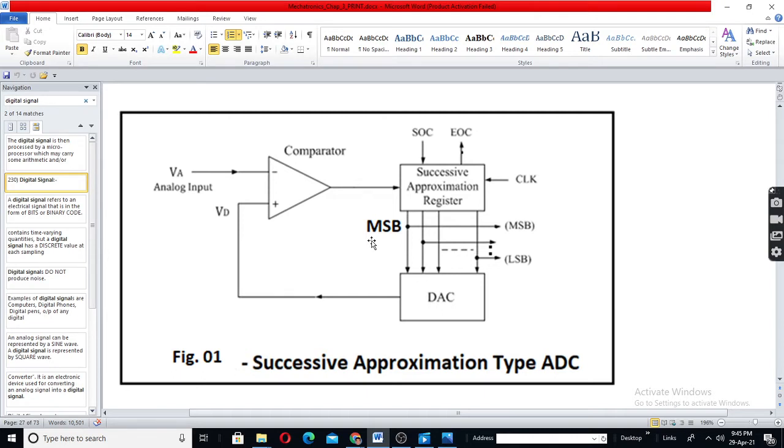See, in the previous class, that is the quantization class, class number 36, previous to previous, you know the table: analog equivalent value for a digital code, or digital code for an analog value.